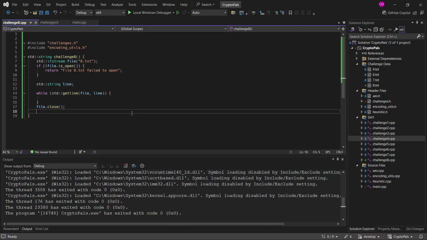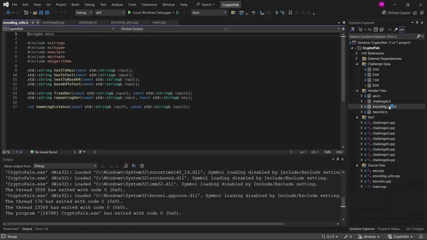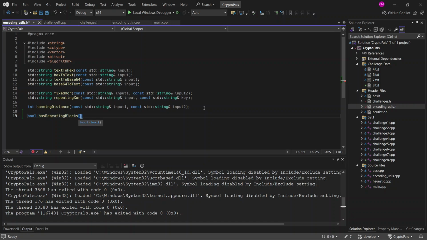If I jump out of Visual Studio over here, we already have it set up for challenge number 8. We already have our getLine function called so that our file is being read. So let's actually make our function to detect the block. I'm going to come over here into my header, and I'll just do bool has repeating blocks. Okay, and we'll pass in a string,